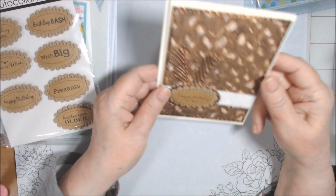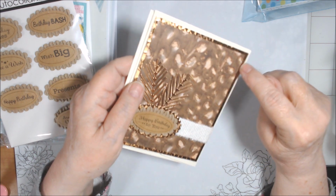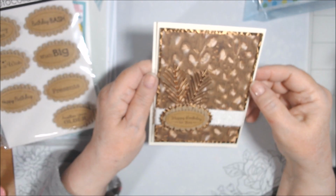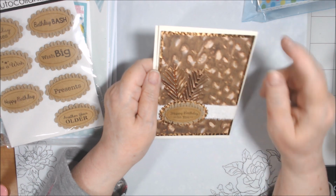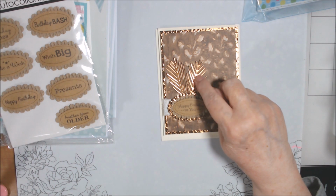So I just used happy birthday to you. And this piece of textured copper foil I've had sitting in my bin of card mats and stuff now for probably a year or so. So I thought, ooh, that goes really good with copper. So then these,